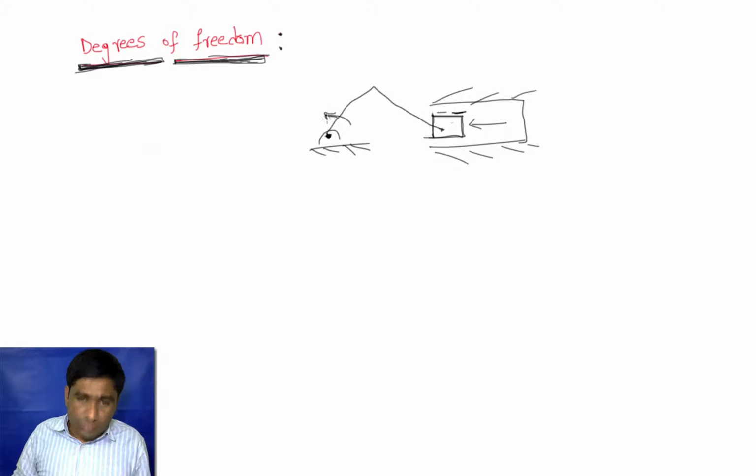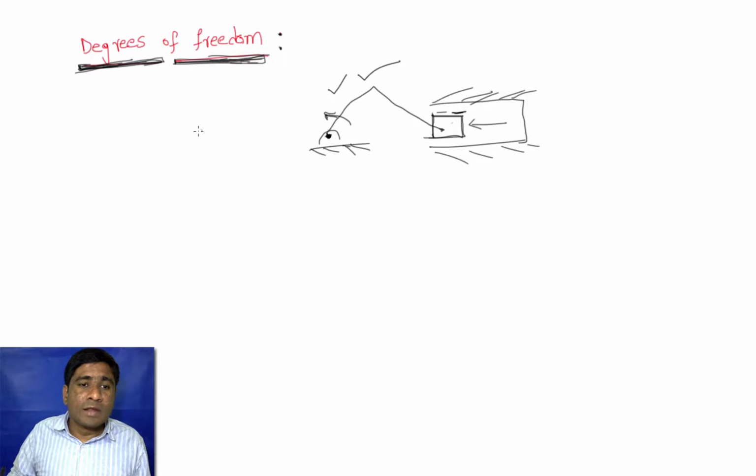And we need to know whether this particular mechanism has only 1 degree of freedom. We know it's only 1 degree of freedom because we have already seen this one. But how to know that before using it in the engine? So we need to apply the degrees of freedom formula for this one, and if it shows that the output motion has only 1 degree of freedom, then only we go for this type of mechanism. And that is about degrees of freedom.